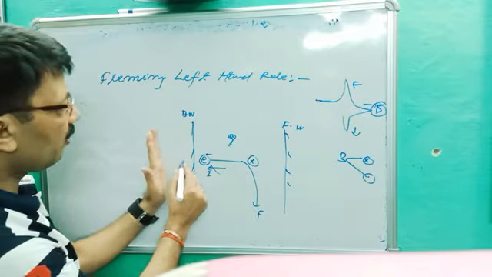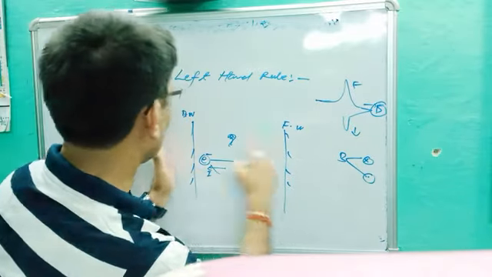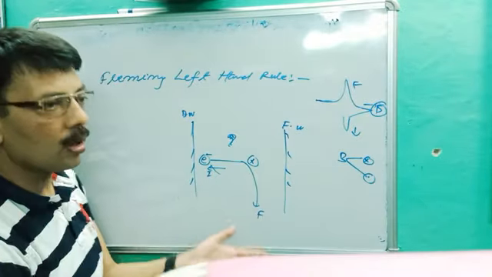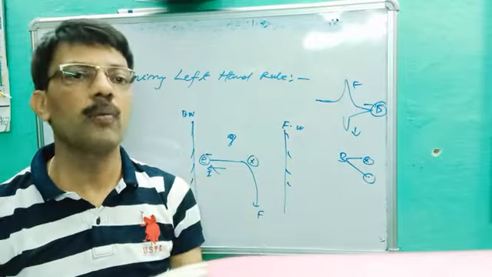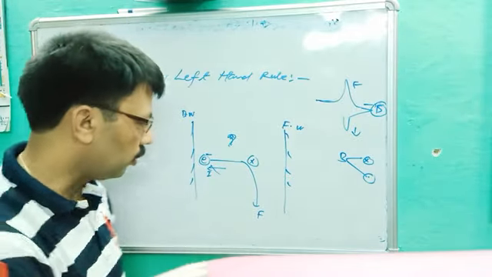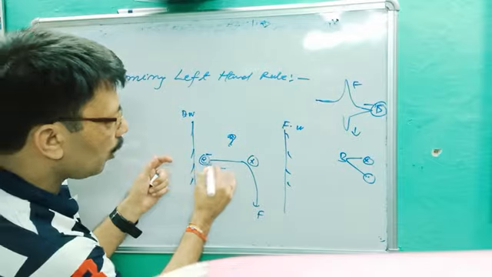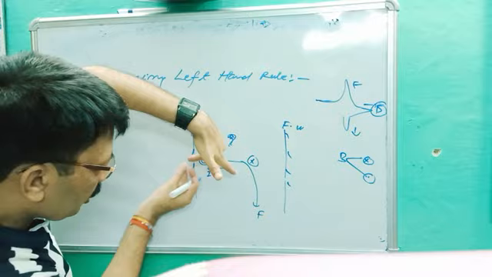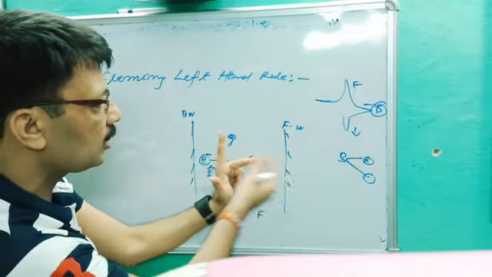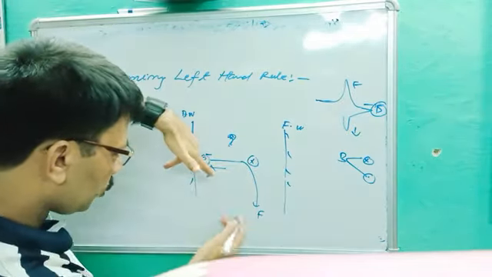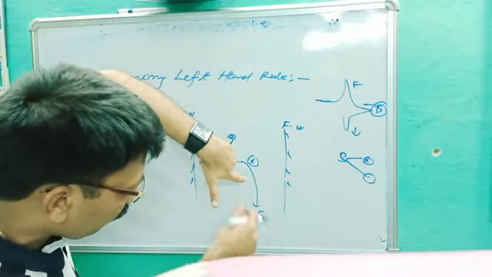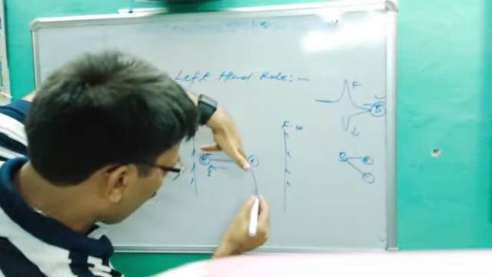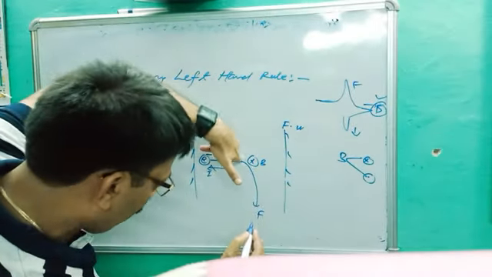Once again, a beam of electrons moving from the back wall to the front wall gets deflected towards the right side. No doubt it gets deflected towards the right side if and only if a force is experienced by it. So the force is here, very clear, and the electron is moving that side, so current will move in the opposite direction. So I have applied our Fleming left hand rule. This is the direction of current. You don't put it like this, because this is the direction of current, but our current is that side. So this is the direction of current, and force is downward. So you can see this is the direction of the magnetic field. So the direction of magnetic field B will be crossed, inward into the board.